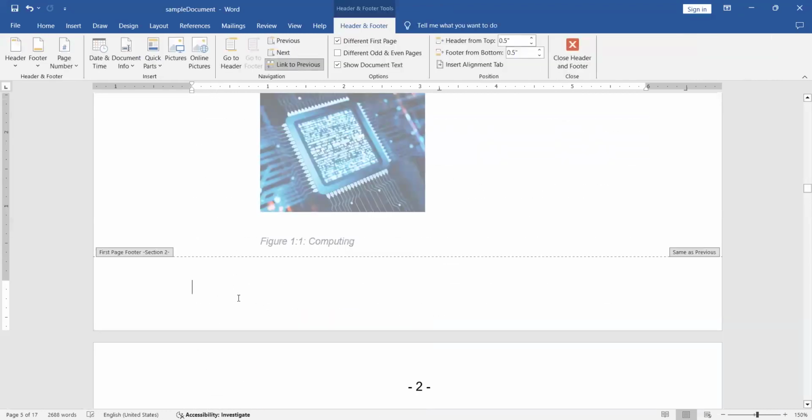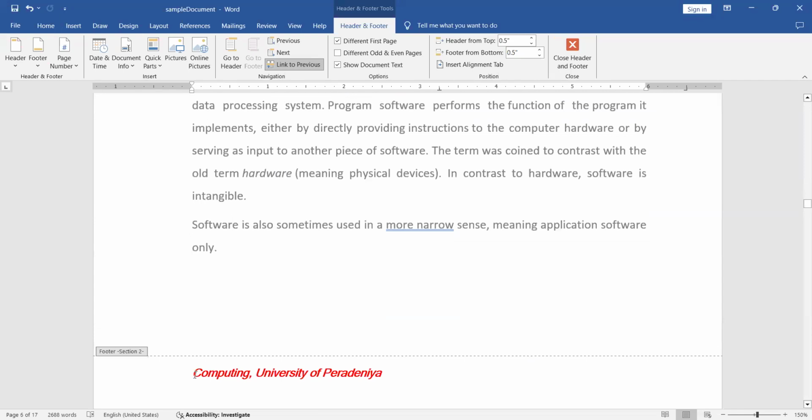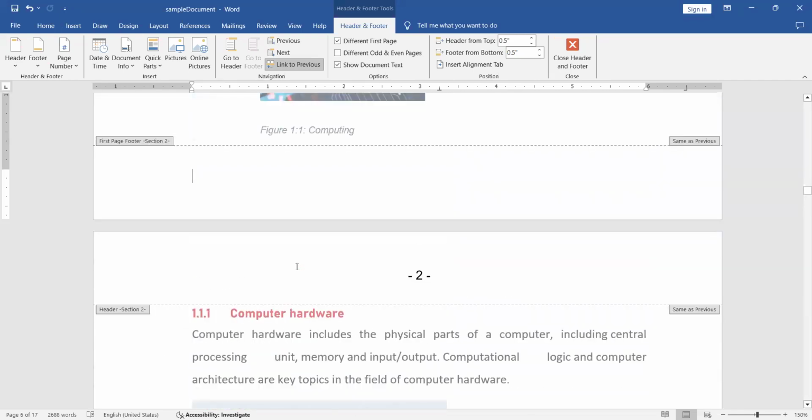Even the first page of the second section does not have a footer, because here we use different first page, different from the other pages, right? In the other pages they have the footer, but the first page of the second section does not contain a footer. So if you want to insert a footer to the first page of the second section, we can remove this